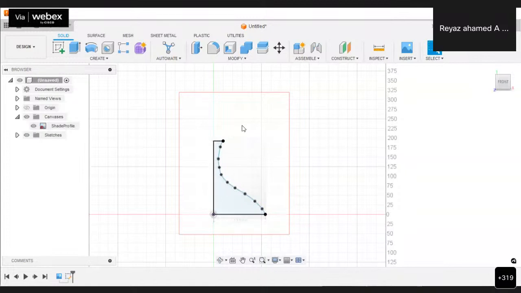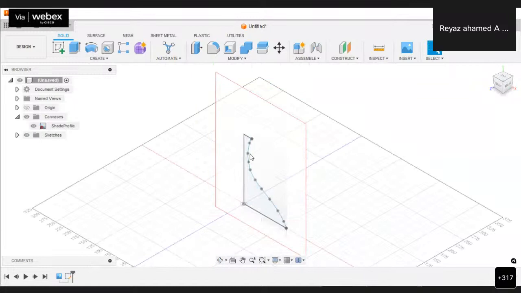If I do not need it, I can switch over to the browser. I have to turn off these images. So let me bring my view into home view. I have to turn off these canvases. See, in canvases, the lampshade profile: beside that lampshade profile, there is an icon in the shape of an eye. If you click on that one, automatically the image may get hidden, or else you can hide it here also by clicking on this one.